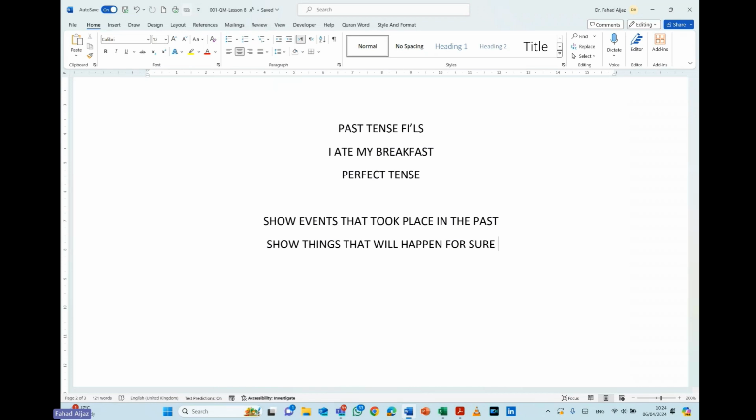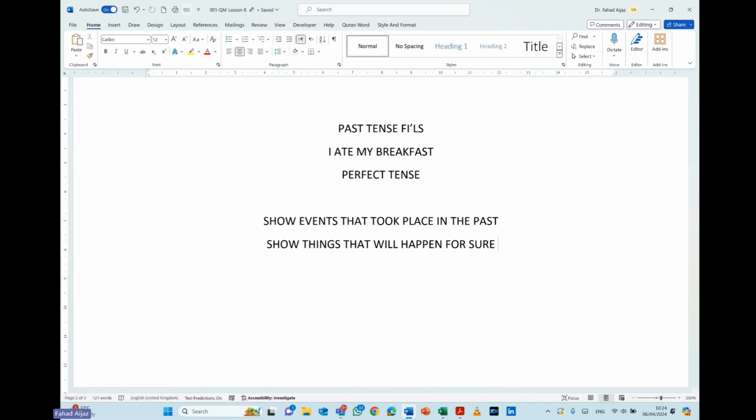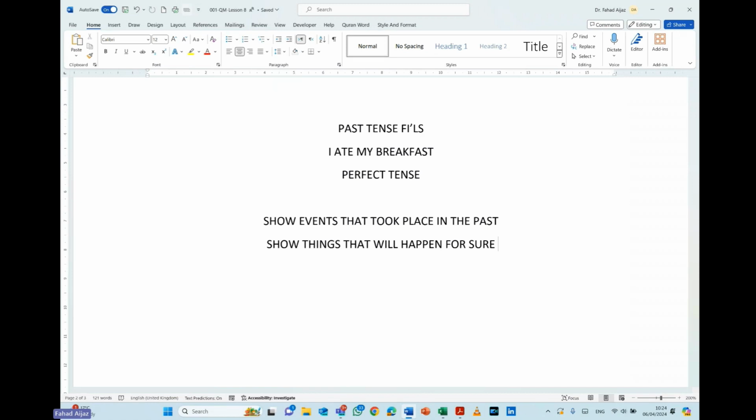So to demonstrate that side of the story in the Quran, many times past tense is used, and you will see in that case a past tense is translated into present tense. You will see those examples in the Quran. For example, one of the examples is, if I can,